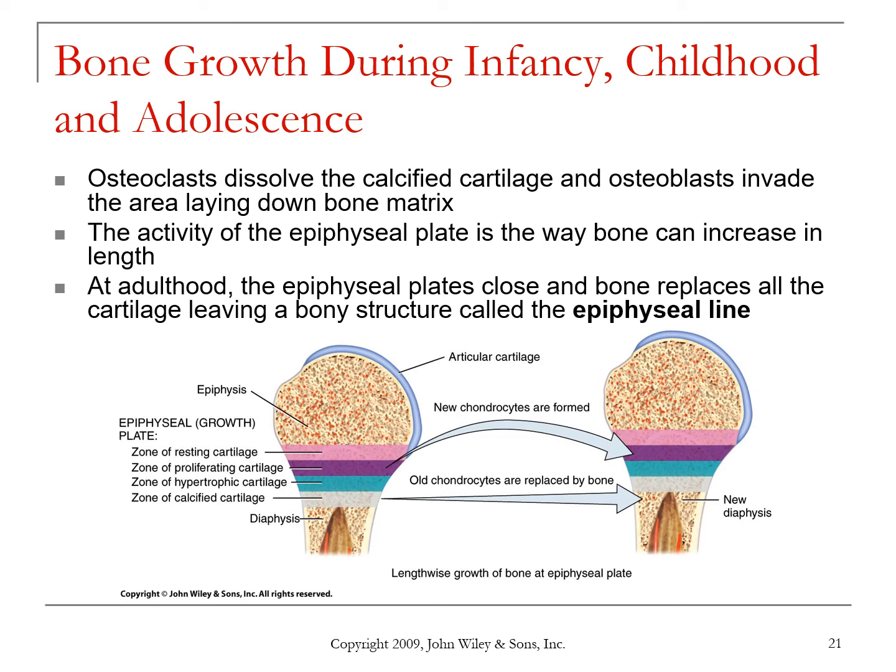But that cartilage becomes calcified, and then osteoblasts invade the area and lay down bony matrix, replacing the cartilage with bone tissue. So this is very similar to what we saw with endochondral ossification during embryonic and fetal development. Now this continues throughout childhood and adolescence, and as an individual approaches adulthood, they stop growing in height because